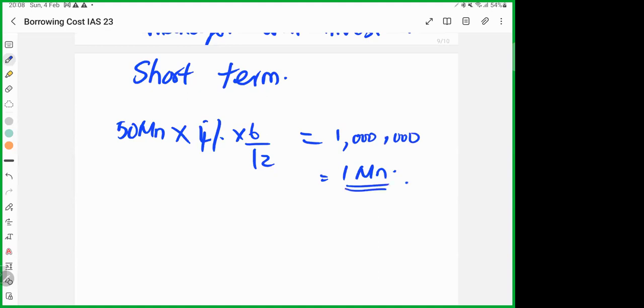Now this 1 million is what? Is an expense or income? No, he will expense that, meaning he will invest it. No. So you will have total,